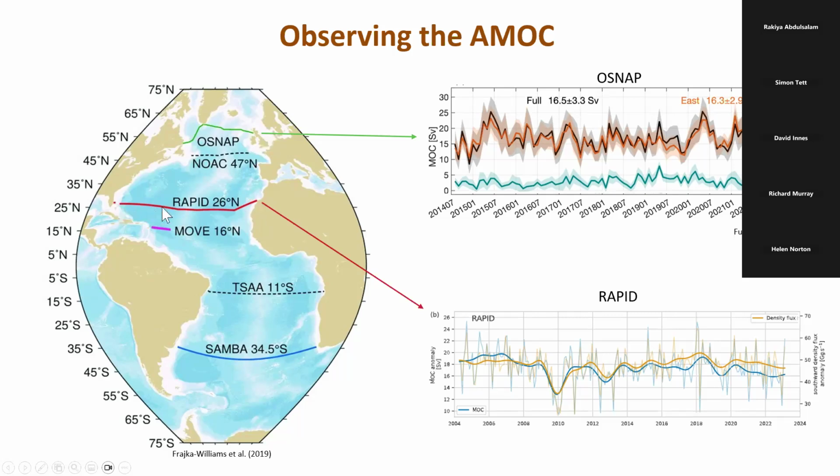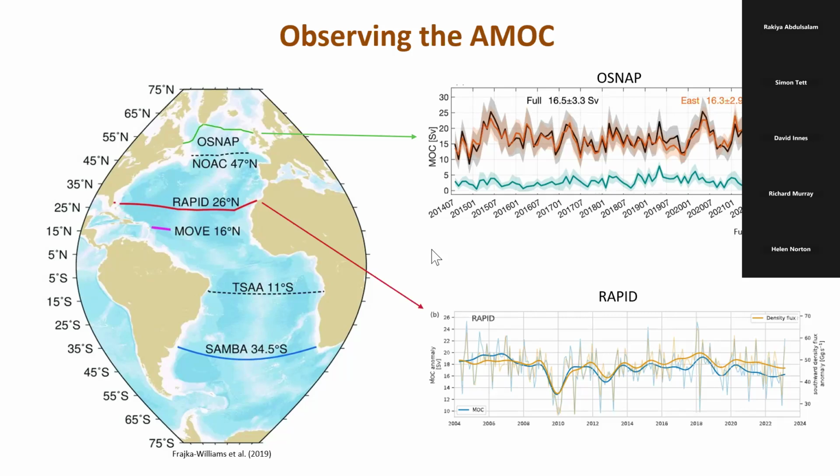First of all, the RAPID array in the subtropical North Atlantic has been running since 2004. And the time series from RAPID is shown here. It's the blue line here in this bottom right panel. So this is the 20-year time series of AMOC at RAPID. Now, 20 years